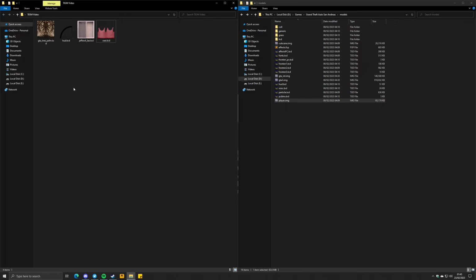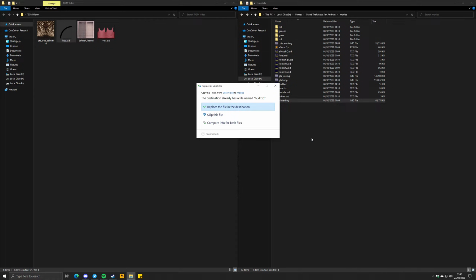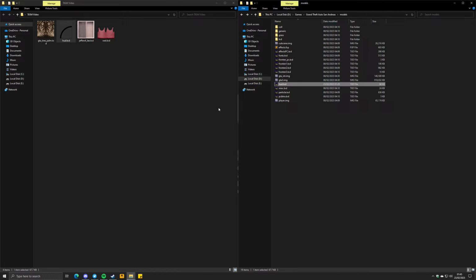Well, first, we'll install our new HUD.txt, which contains our fancy new fist icon. To do so, simply copy the HUD.txt file from the TJGM video folder to your San Andreas models folder, replacing the original HUD.txt when asked. After this, we need to edit IMG archives, which get a bit more complicated. So, step 1. Open the GTA3.img archive in the models folder.